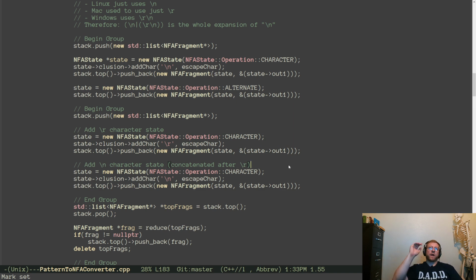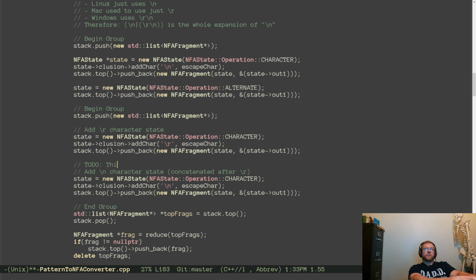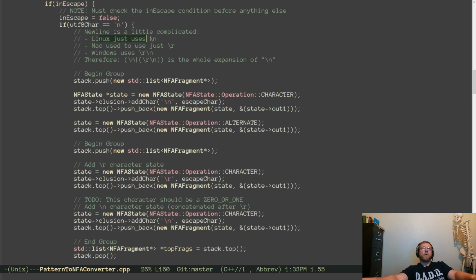Then we need a 0 or 1 here. We can do this. Character should be a 0 or 1. This one should be optional. Because the next character we get is anything else, it should accept anyways, just on the \r. Because Linux uses just \n, Mac uses just \r, Windows uses carriage return and a line feed. Question mark.